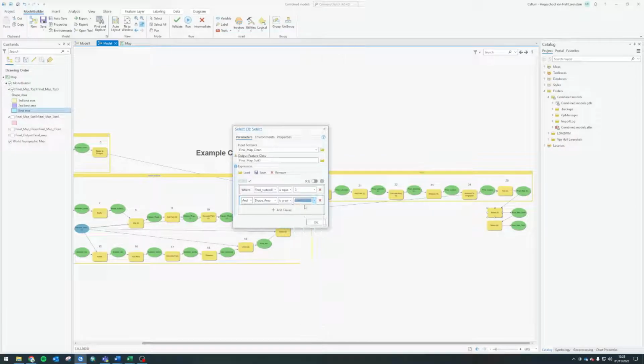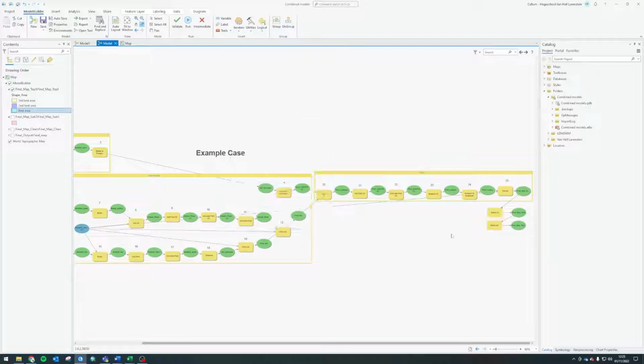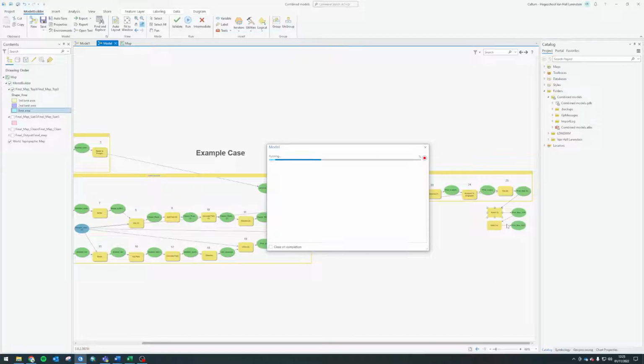We'll do exactly the same as we did just now, take away the decimals, because we now know that it's greater than 177,999. Hit OK, and then we run this and get the same output,